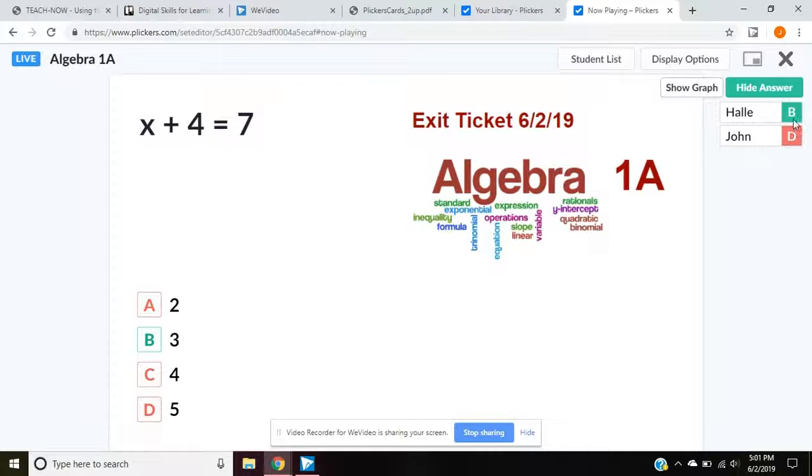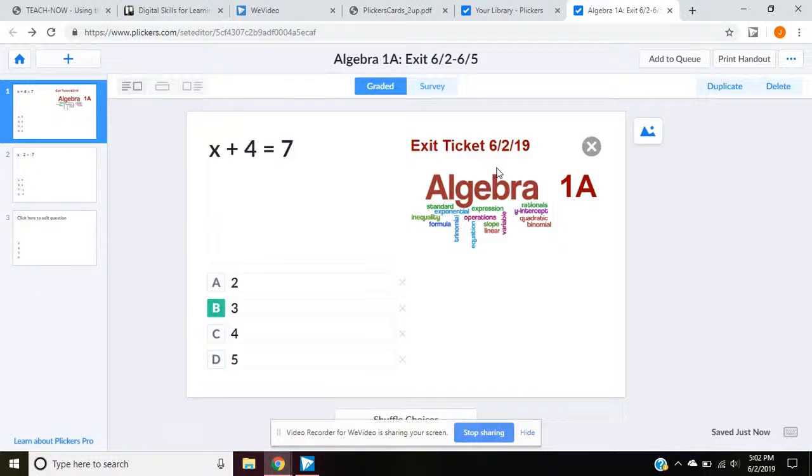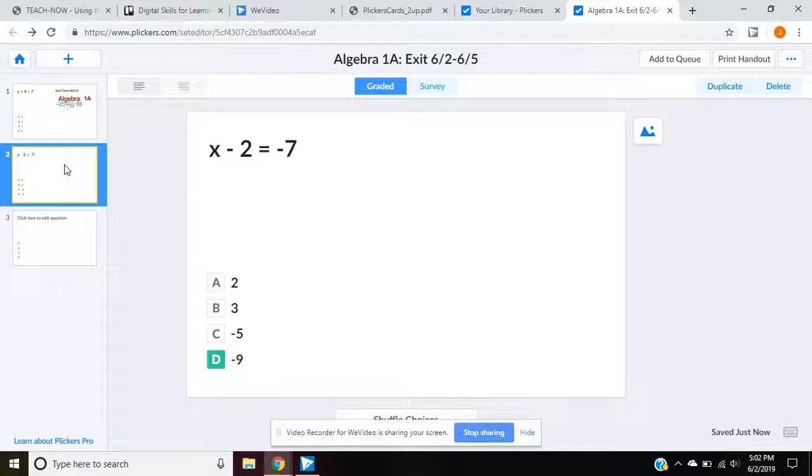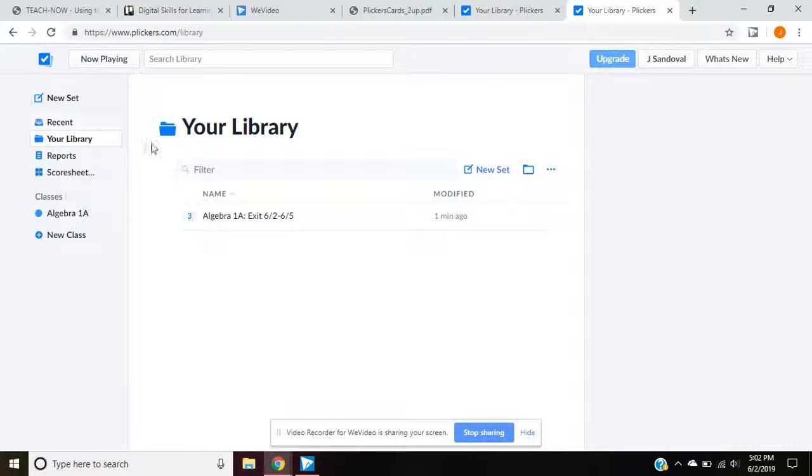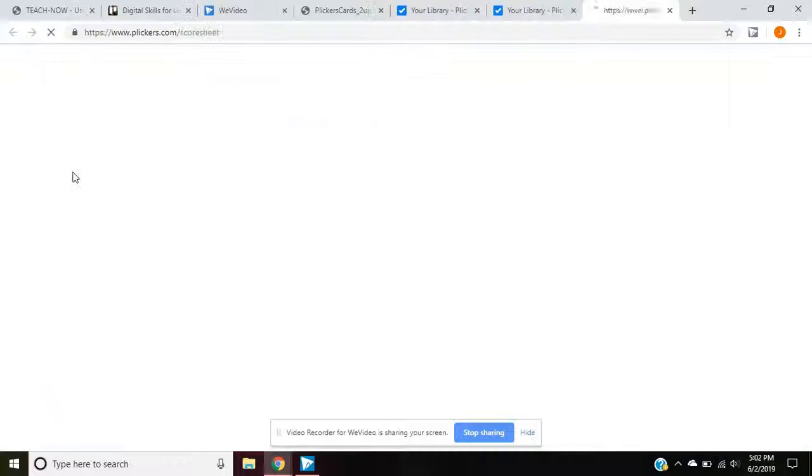You could also hide this as well. But what's happening here is it's being logged. But well, before I get to that, if you'd like to show another question, then you just go to the next one and continue as we just did. But to see where they're getting logged, you would go back to your home and you would go here to score sheet,